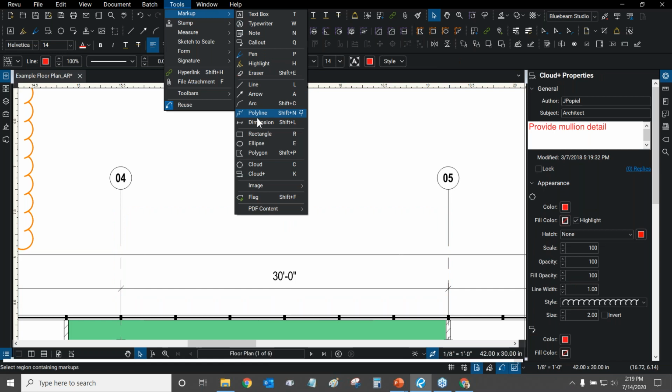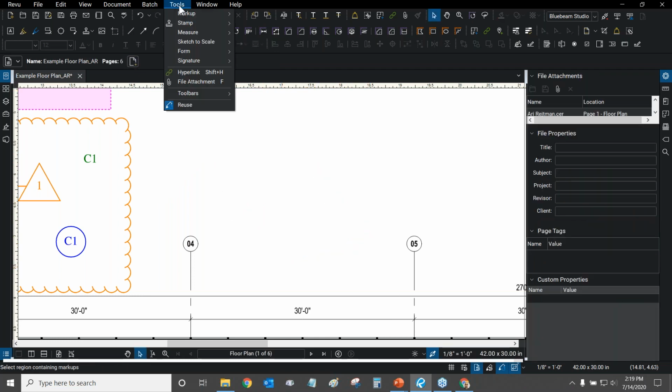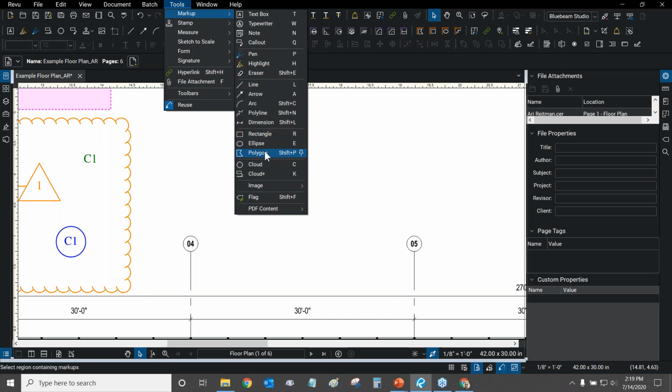Let's go to the tools drop down and markup again. Polylines work very simply. You can just basically make a line and continue to draw and draw and draw. There's another tool that actually allows us to specify the length of these lines, and that's going to be covered in the next webinar. It's called sketch to scale tools. So in the next webinar, I'll show you how these work. They're really, really cool. But you can see a lot of similarities between the polyline sketch to scale and the regular markup polyline. So there are different ways of making polylines in Review.